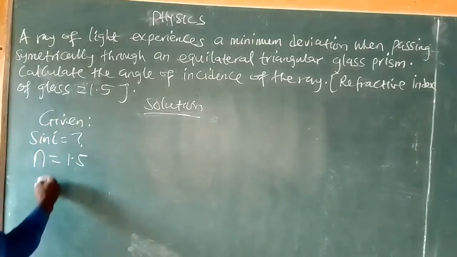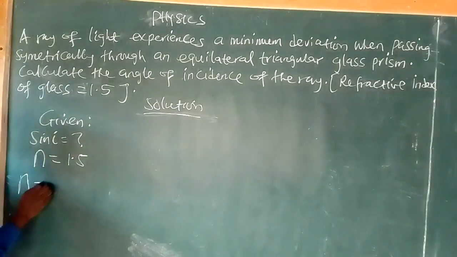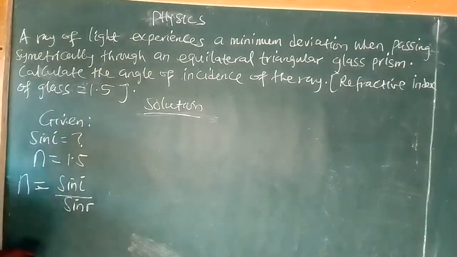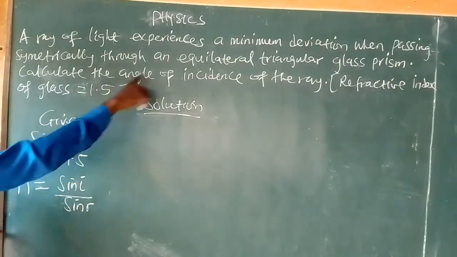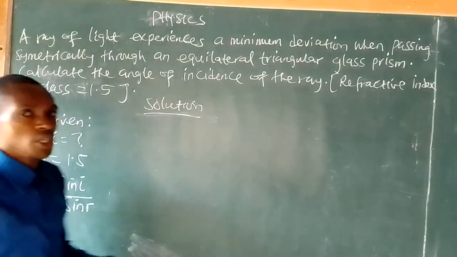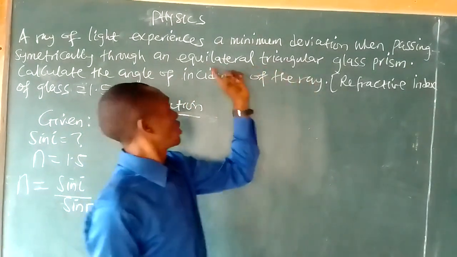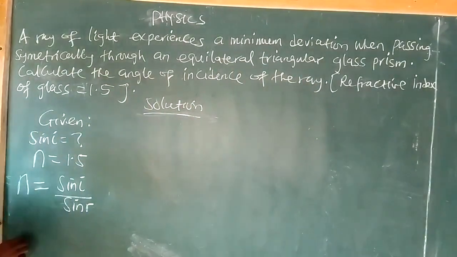Now the relationship between refractive index and angle of incidence is this: the refractive index is equal to sine I over sine of refraction, sine R. This is what we are supposed to use, but we don't know R. But from the question we can find R. When a minimum deviation occurs in a triangular equilateral glass prism, the angle of refraction